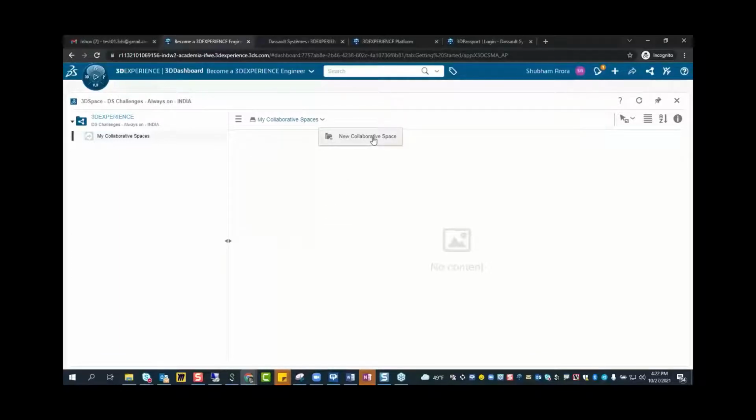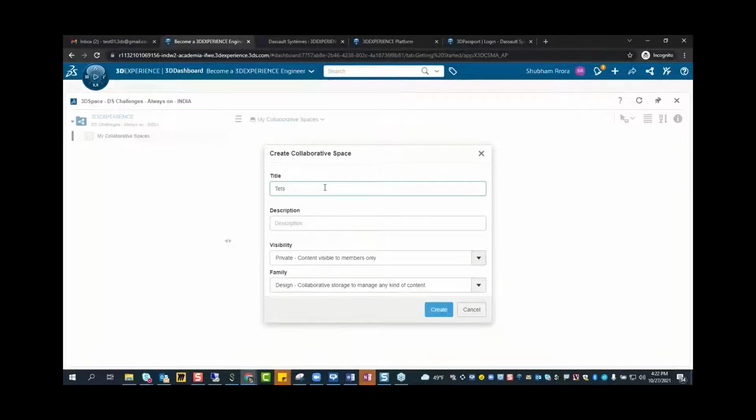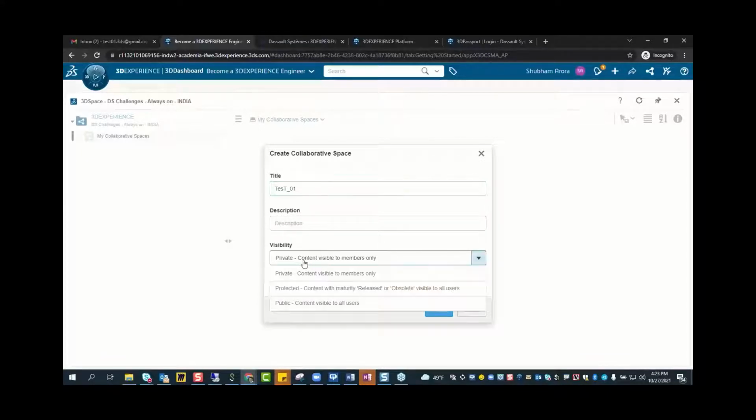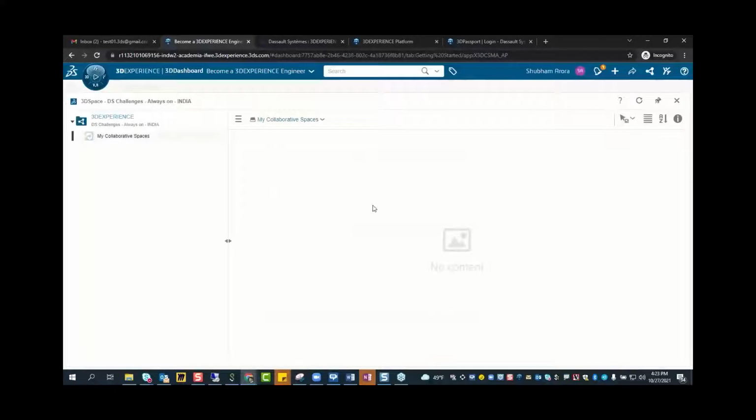When you try to create a new collaborative space, I'm just going to create one named test 01 underscore 01. This collaborative space will be unique to you unless you share it with any of your team members or colleagues. No one will access your data except you. Here is the security added: by default, it is private. If you make it public, then everyone can see your content by searching the name of that product. Otherwise, no one can see it unless you give them access. So as soon as you create a collaborative space,